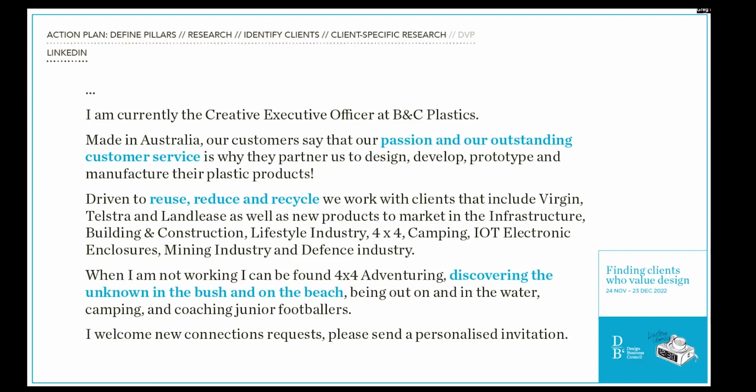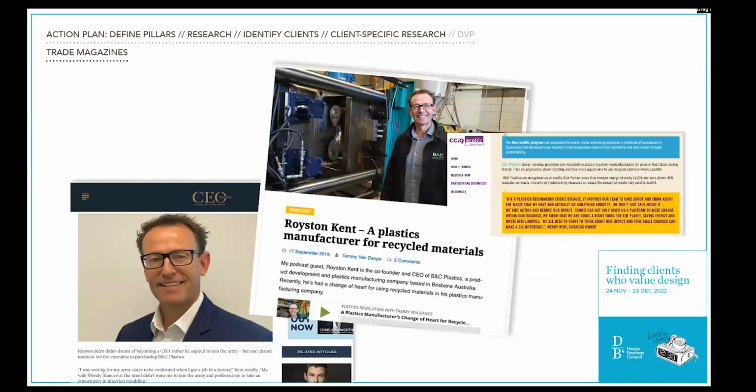Using LinkedIn to work with people, we have a publication called LinkedIn for Designers, which takes you through the process of using LinkedIn to open up these sorts of clients. So then if we go off and look at the online trade magazines, what we're finding